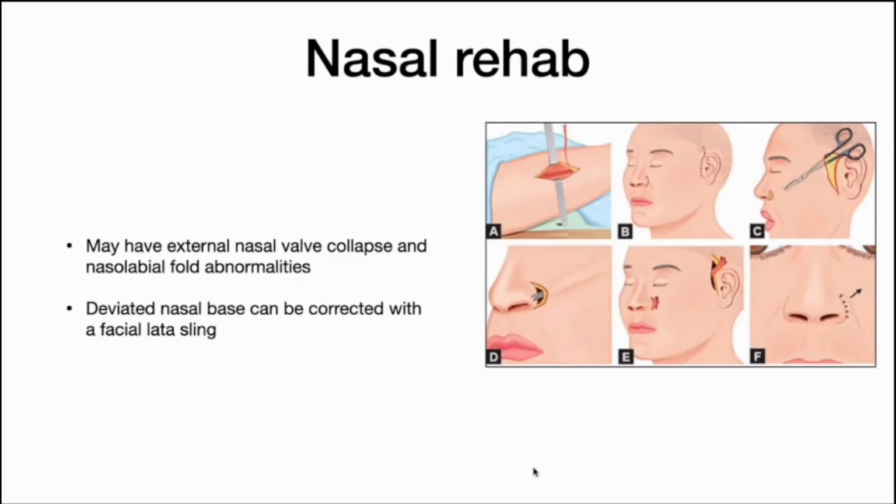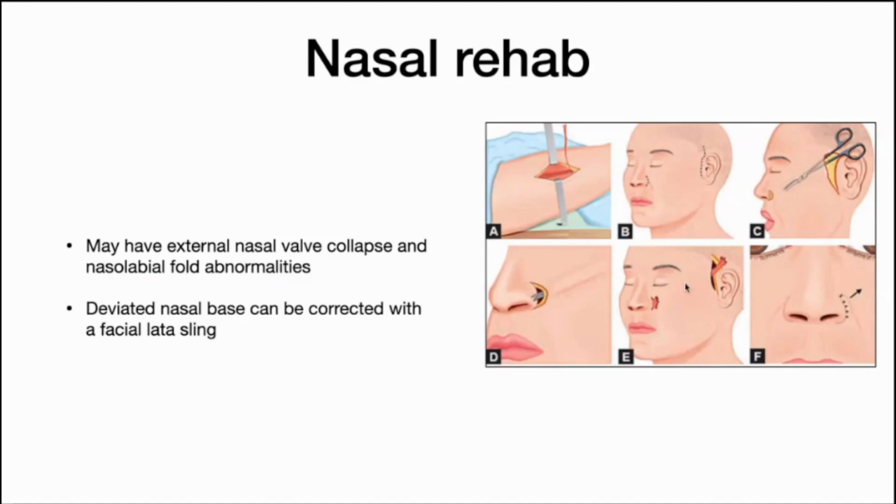Nasal rehabilitation. Because of the laxity of the facial musculature, there is an external nasal valve collapse and nasolabial fold anomalies. So a deviated nasal base can be corrected with the fascia lata sling. The fascia lata sling is harvested from the lateral thigh, and then after making a parotidectomy incision,